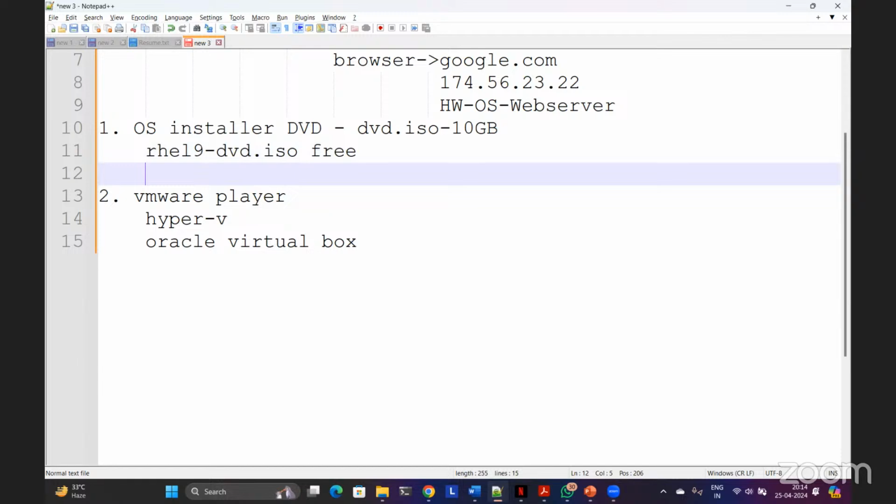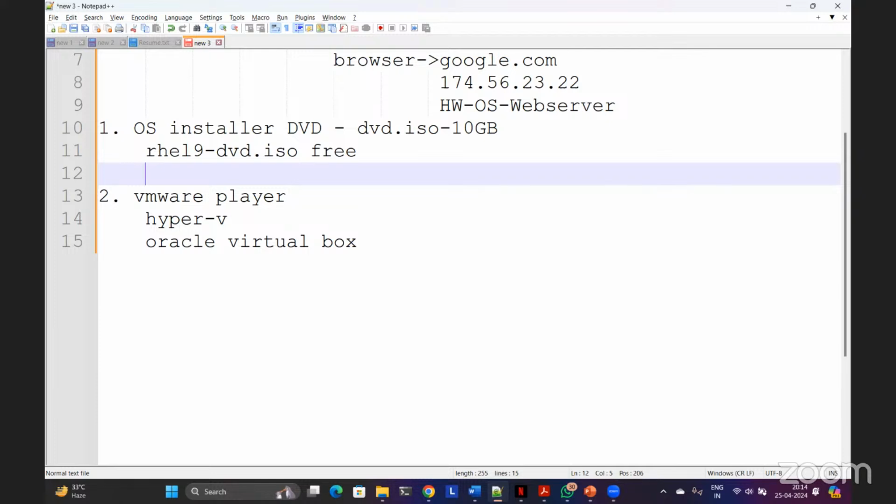But when you install Red Hat 9 and if you wish to update your system, update your virtual machine, the updates are not free. They are paid. You need to pay a subscription fee. Not you, but companies need to pay the subscription fee, and then they get the updates from the Red Hat server. Red Hat server will provide the updates. Okay. What about us? We are learning Red Hat right now. How are we going to do that?